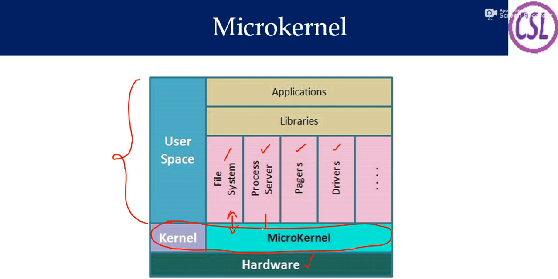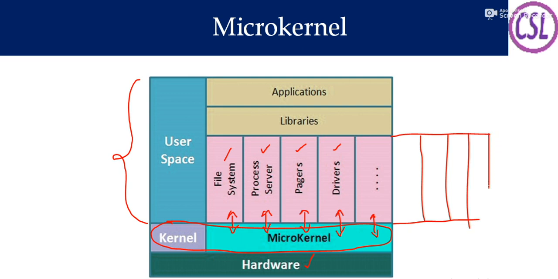So like that, each part is separated so that you can easily update or add new functionality to this structure in future. If you want to add any new functionalities, you can add them here. So you can extend the functionalities. Even though every functionality is divided into modules, you can easily update it to the new structure also. So that is the advantage of this microkernel.